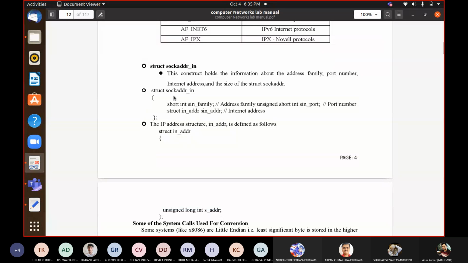Will any one of you tell me, if the IP address regarding this socket address is 127.0.0.1, how we will write that thing? For this sin_addr, how you will write that IP address? How you will mention it? You are smart in programming, tell me how we will write that IP address.